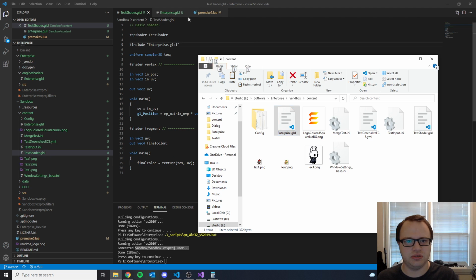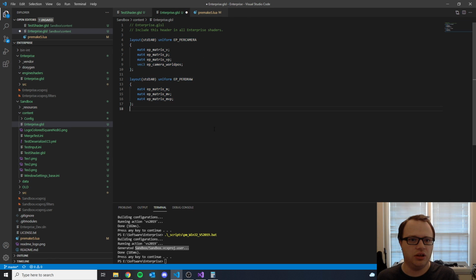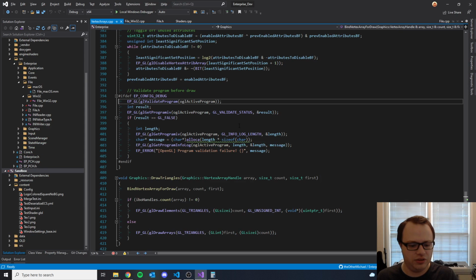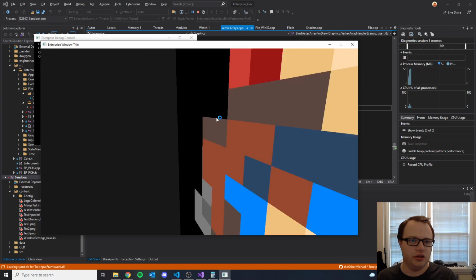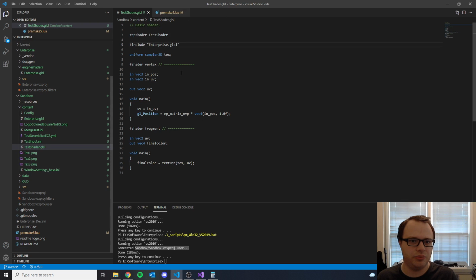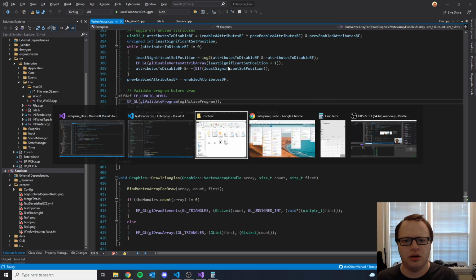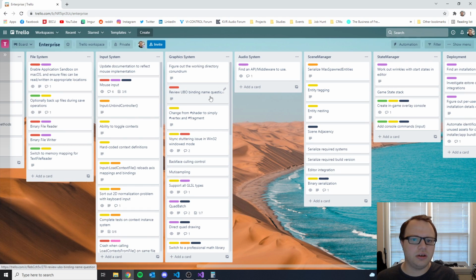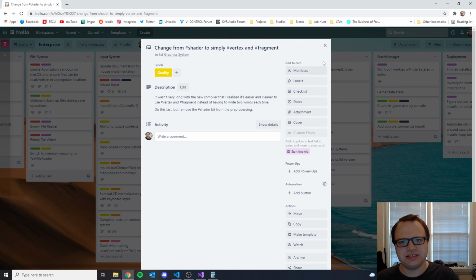If I was to go into enterprise GLSL and uncomment out that stuff, we'll find that it works fine. So cool. Okay, that's the next most critical part of headers working. Good. There's only a couple of more things to look at. This is kind of a nice to have,